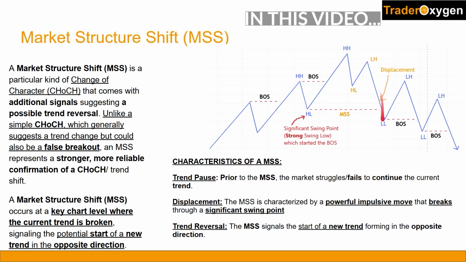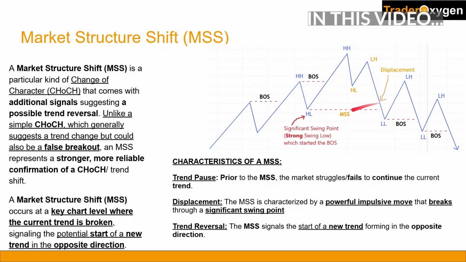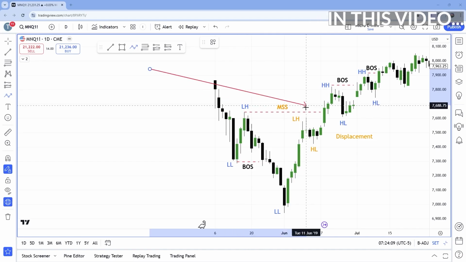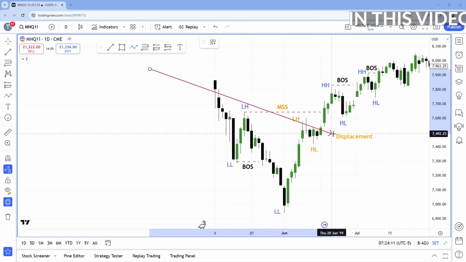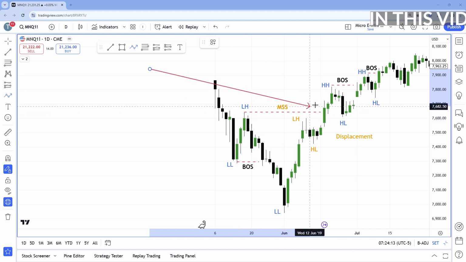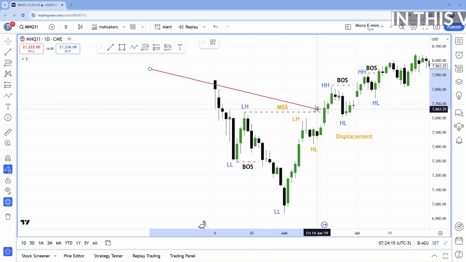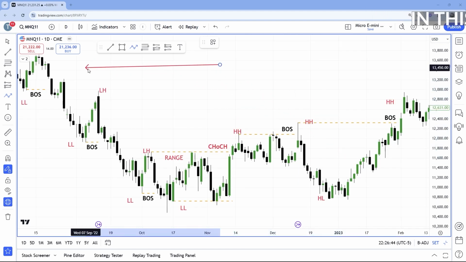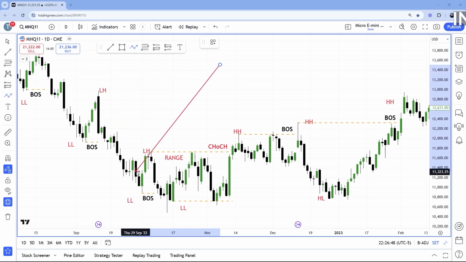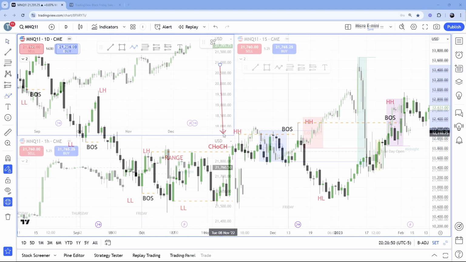Impulsive move going down, breaking this significant swing low. That displacement is important. Significant lower high is broken towards north with the displacement. So that makes the market structure shift. Okay, so this is another example in the daily chart. So this area is in a downtrend. Then you can see a range, change of